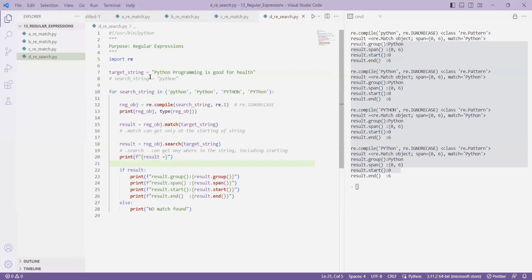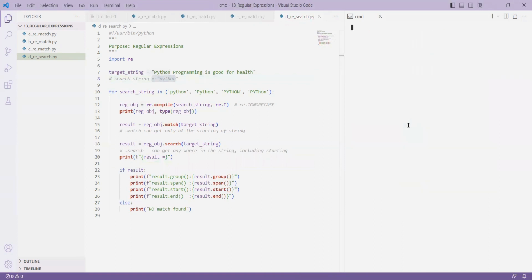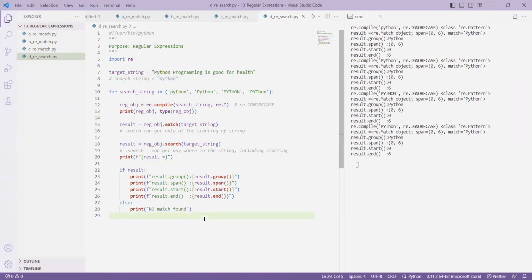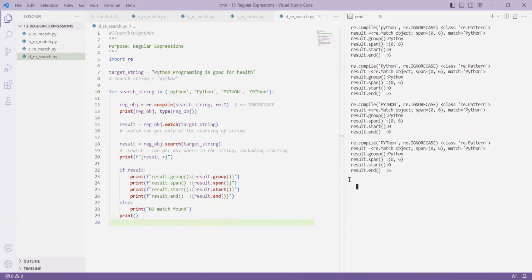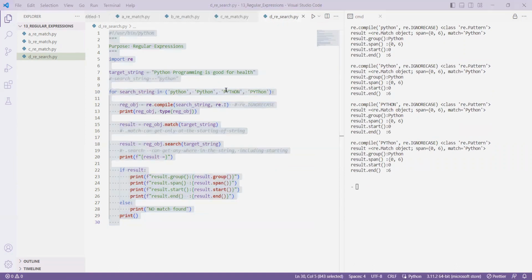Right now, for the re.search first use case, we are at the starting, right? Let's say Python, and so on. If I execute, after everything, if I want to give a print like this, you'll understand. Obviously here also, at the starting, it will work. For all the use cases, it will work. Now similarly, I want to use re.search for different use cases, being in the middle, being in the center, and so on. So for that, let me take one more example,